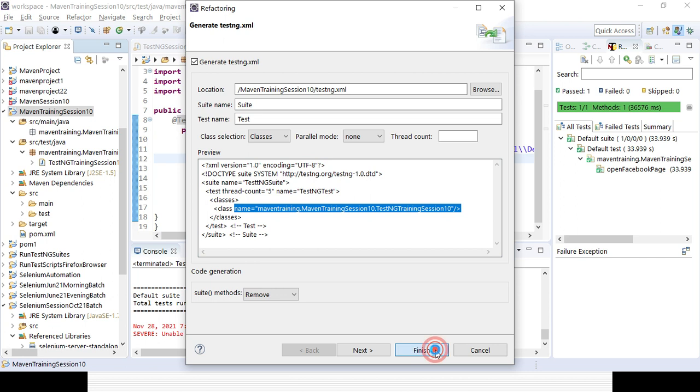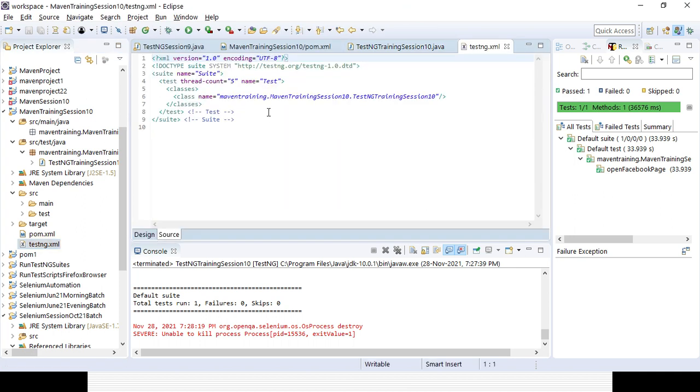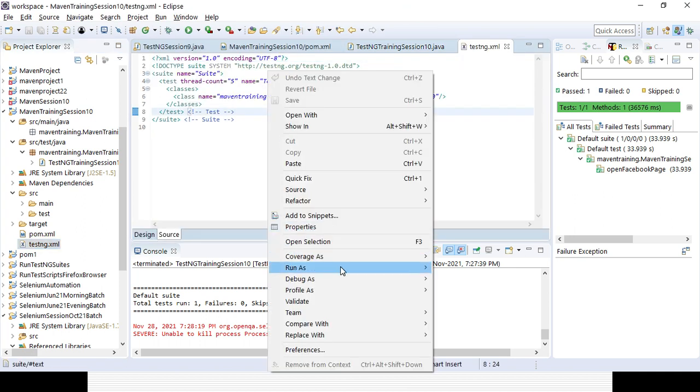Then I click on finish, and the testng.xml file is automatically generated. If I want to run it from the testng.xml file, I can still run it, and it will give me the same result.